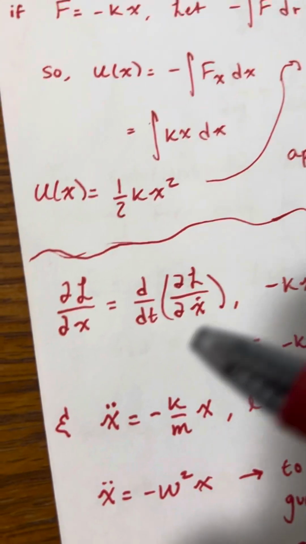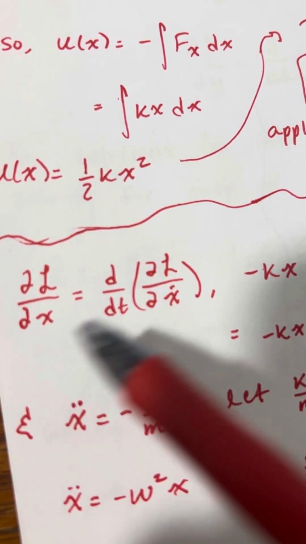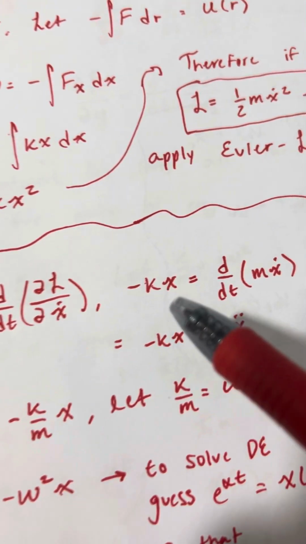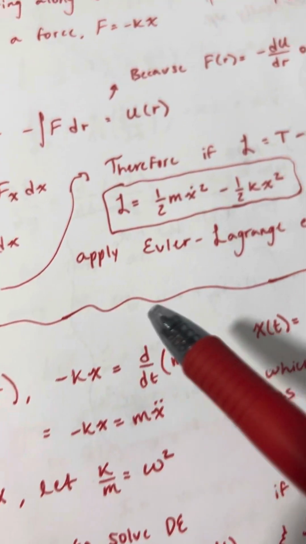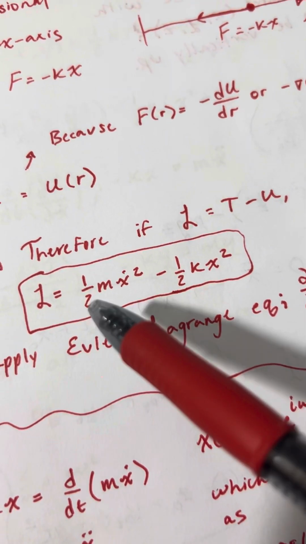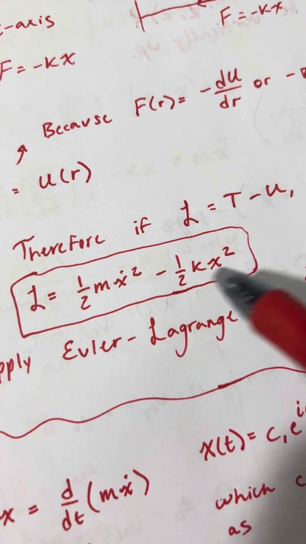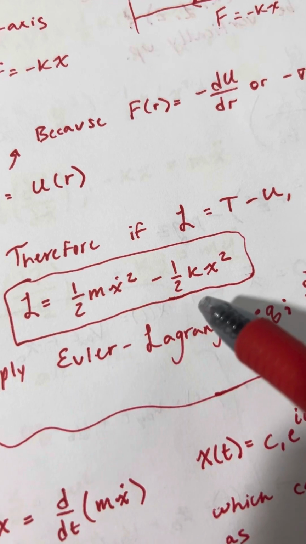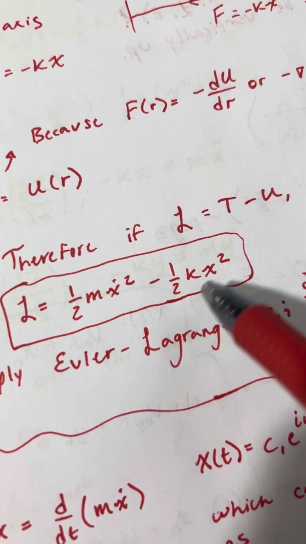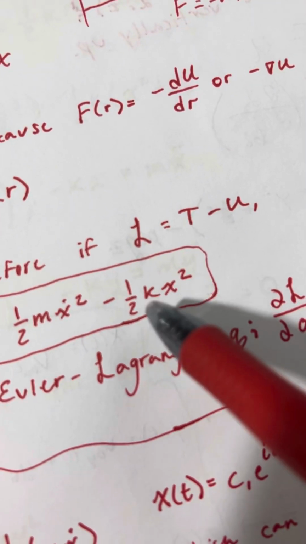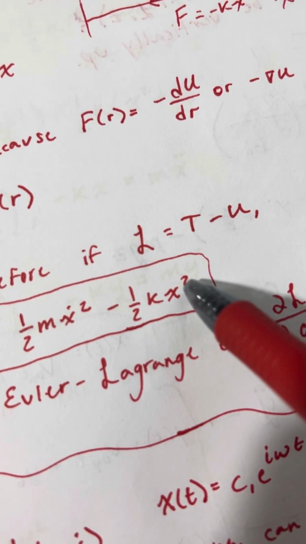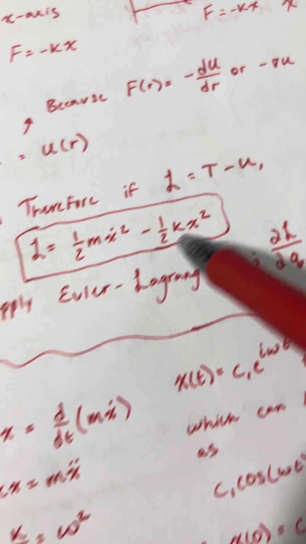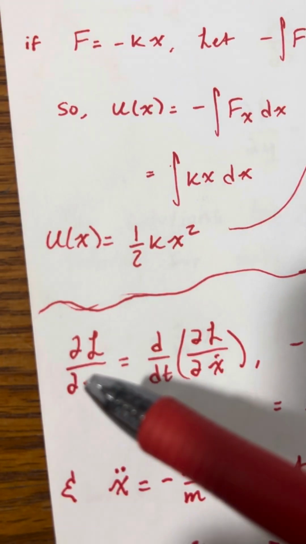So go ahead and set that up, and it's going to look something like this. Solving the left side first, if we take the partial derivative with respect to x, the only piece of this Lagrangian that has any relation to the x variable is just this second piece here. So this is just a simple power rule derivative. We're going to take the 2 down, it'll cancel the 1/2, and our partial Lagrangian with respect to x is